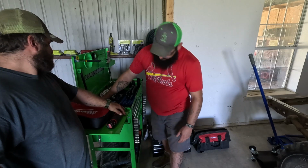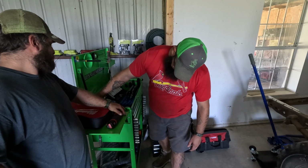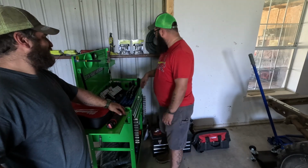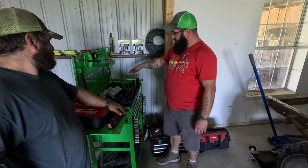Up top, it's a little bit of everything. 1/2-inch breaker bar that I cannot get back in the hole now. Yep, it'll stay for now. We got our breaker bars and some long screwdrivers. And then just up here on top,